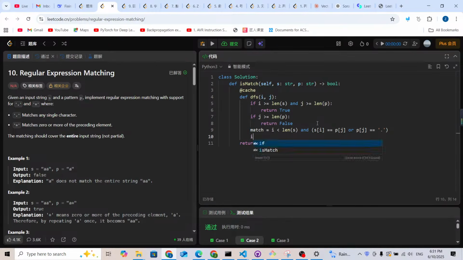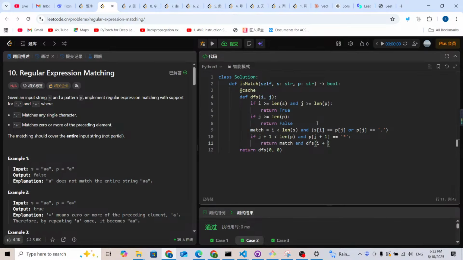Now we're going to check the pattern of star. If j plus 1 is less than the length of the pattern, and the pattern at j plus 1 is equal to a star. So if it is a star, there are going to be 2 cases, and if it is a match, it's going to be with match and DFS